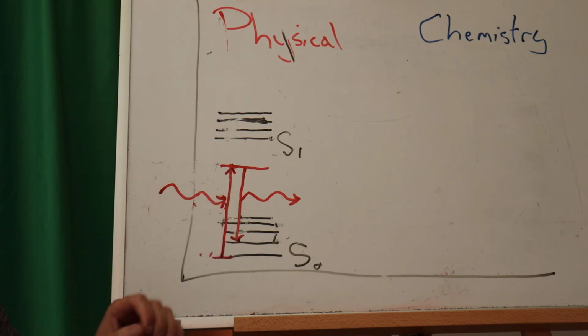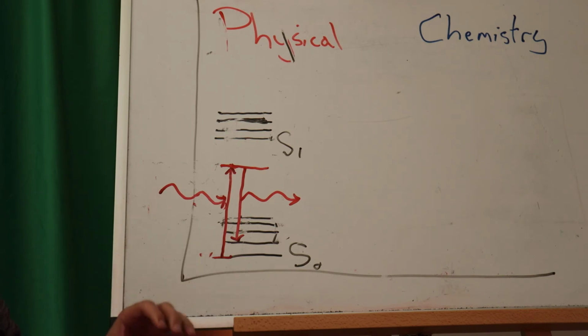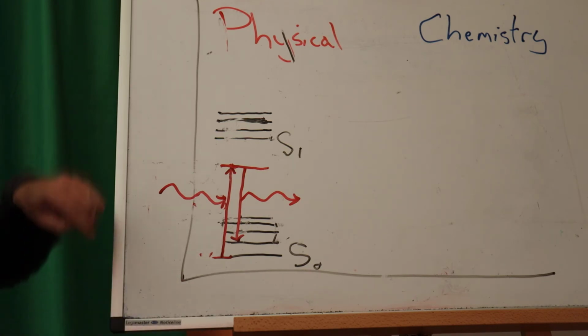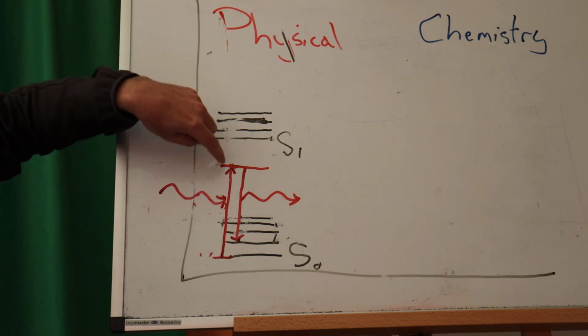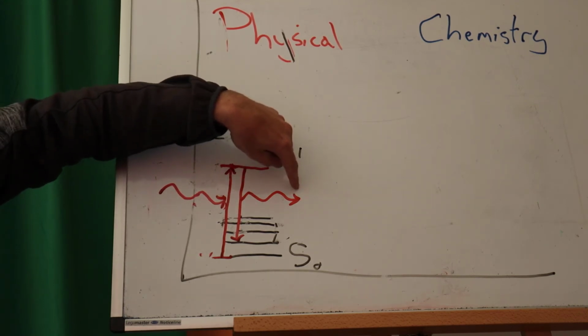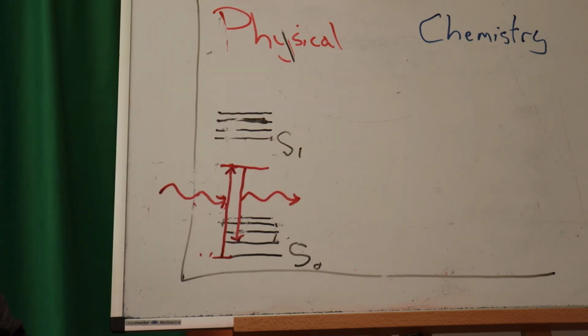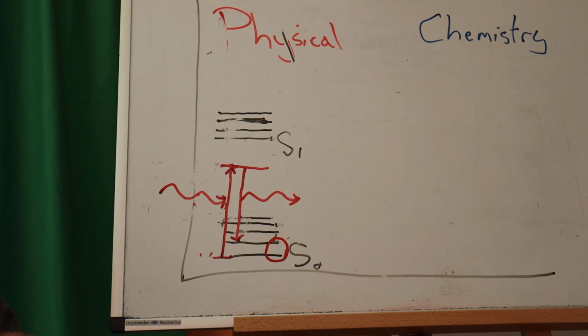Depending on other things that we can do, we can increase that by several factors, several powers of 10, but it's still a very minor number of the number of photons. It's a low probability event because it's quantum mechanically not allowed. However, it's very useful because if we can block all the light of the wavelength that we put in, we can measure the color of the light that comes out, and we get out the energy of this transition,